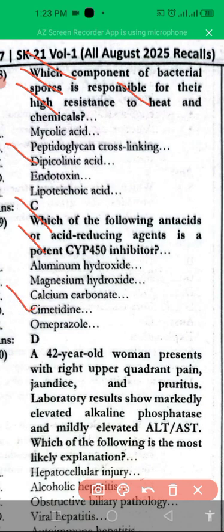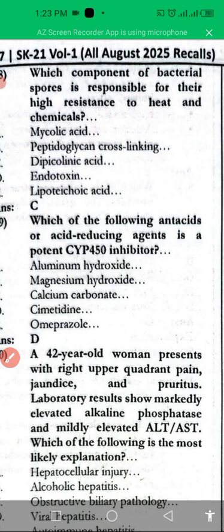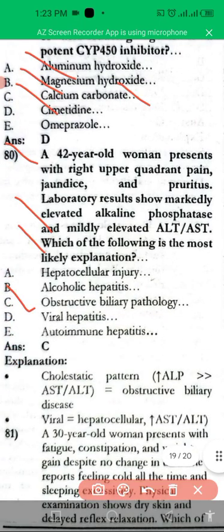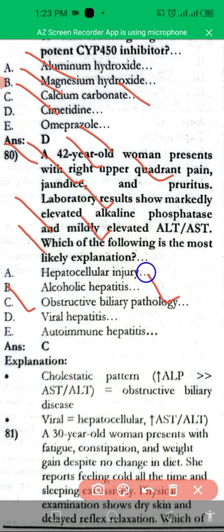That is cimetidine, it is a cytochrome P450 inhibitor. Next one is: a 45-year-old woman presents with right upper quadrant pain, jaundice, pruritus. There is elevated ALT and AST. What is the most likely explanation? It is obstructive biliary pathology, the cholestatic pattern, like increased ALP and ALT